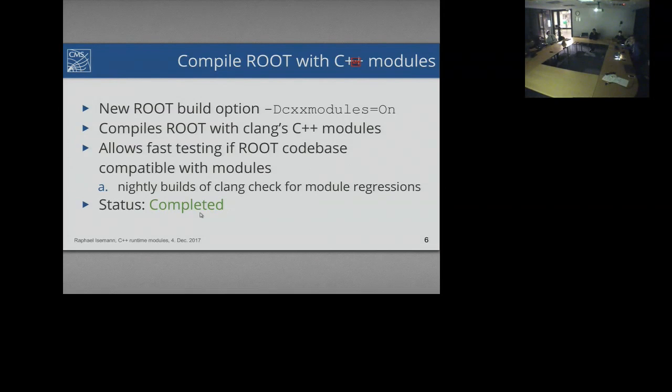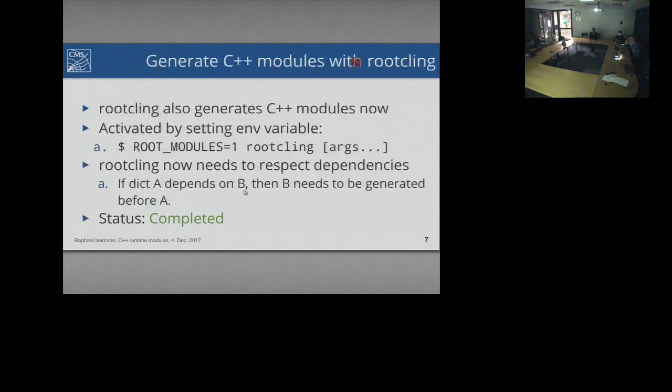Yeah, and this is more or less done. This is already done, like I think, more or less when I started. So the second step is, now that root is compiling, we actually want to tell rootcling, which is responsible